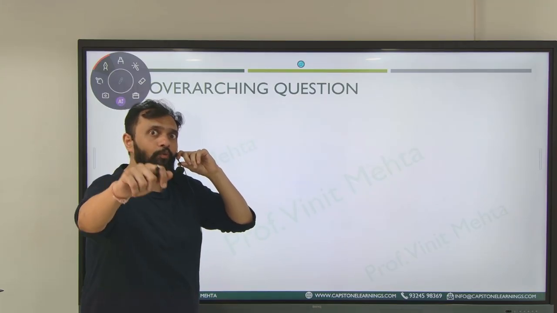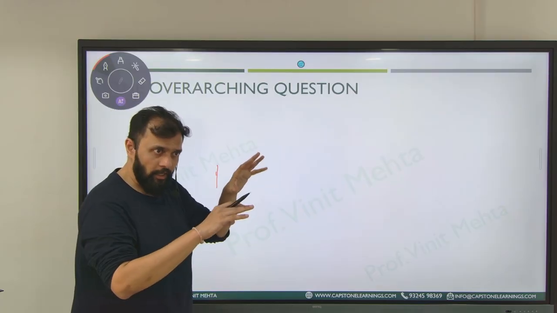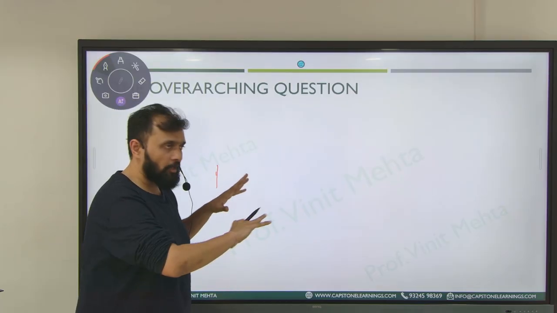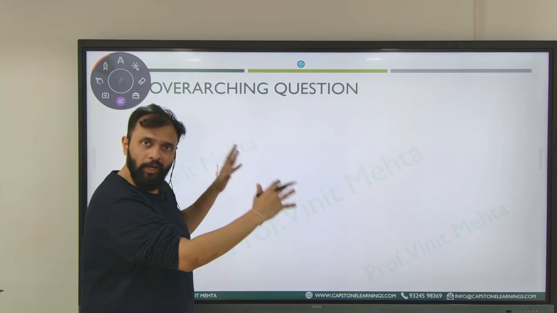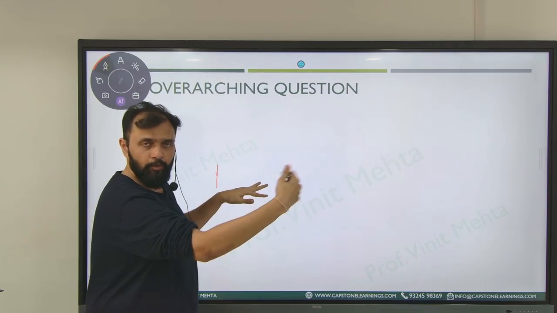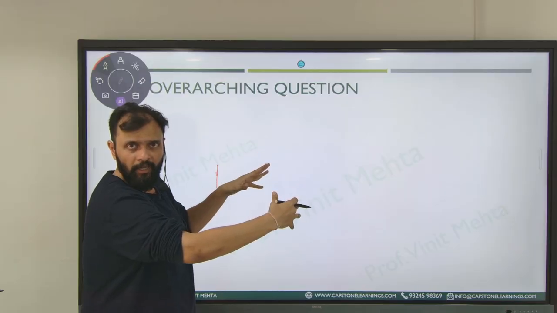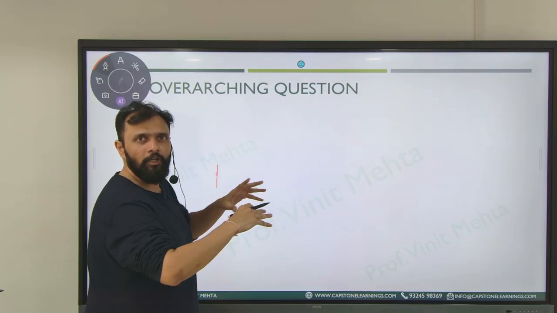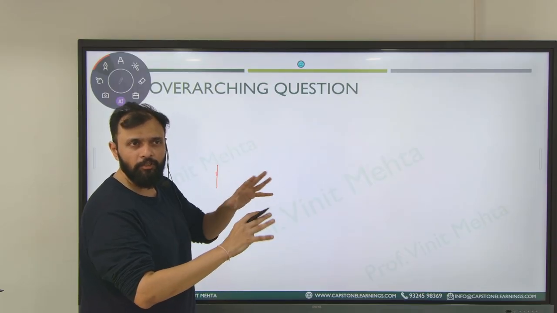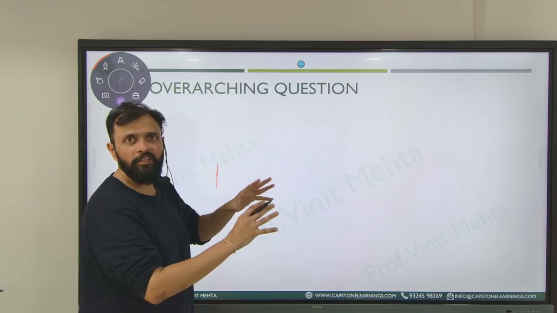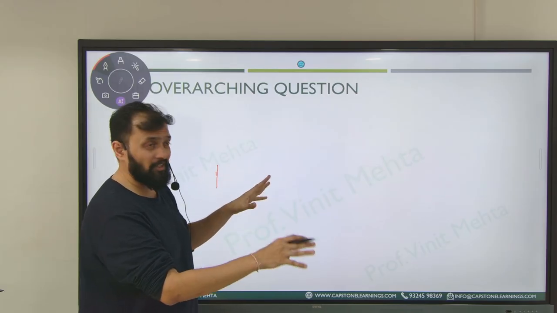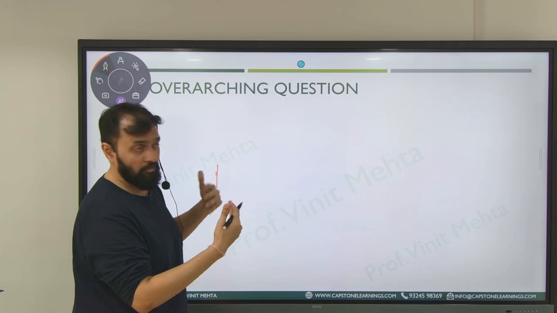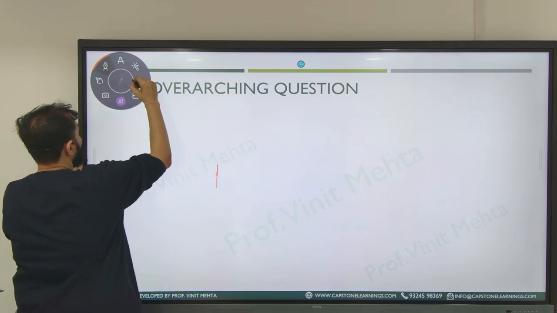And I'll prove it to you why it is the case, because in your syllabus there's only one formula with regards to interest rate futures, and if you look at that formula carefully, which helps you fix the price, you will realize this is exactly the same manner in which the commercial paper, the treasury bills, the certificate of deposits, all these things are quoted in the spot market. So let's go, there's a lot of things to discuss.